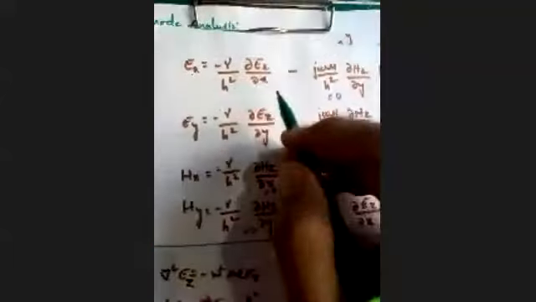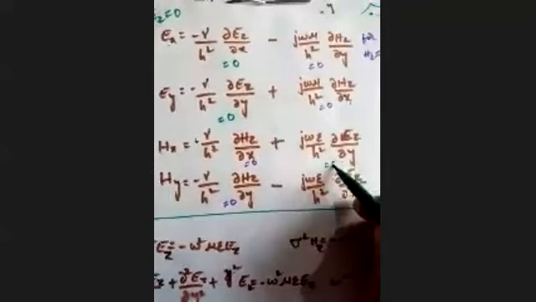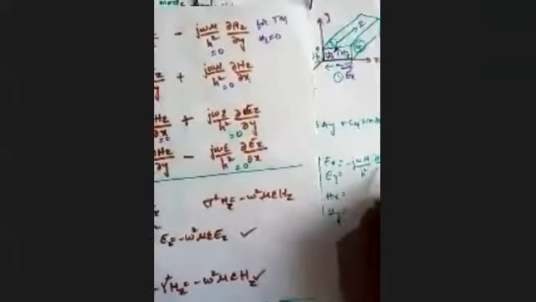Now as it is a TE mode analysis, we know that Ez is equal to 0, right? So I'll write it this side. For TE mode, Ez is equal to 0. So if Ez is equal to 0, what happens? This term will become 0, this term will become 0, this term will become 0, and this term will become 0, right? So when these terms become 0, what happens to the values of Ex and Ey? Your Ex will be equal to only the second term, right? Therefore, Ex is equal to minus j omega mu by h square into dou Hz by dou y, right?